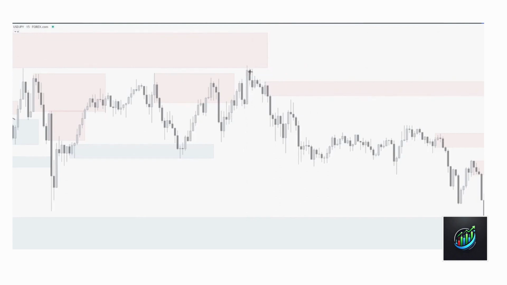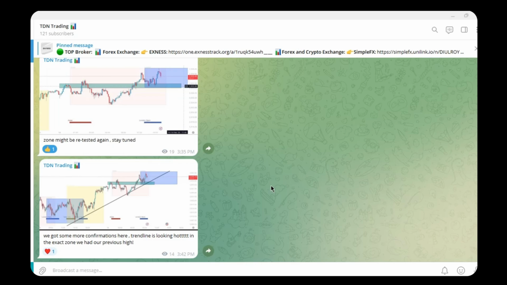But what we can see is price does begin to react to that demand zone and begins to fall through and creates a downtrend. But again, just touching on that initial comment that I made in the first video, we do and will see reactions to almost every single supply and demand zone that is printed on the chart. But it's our job as traders to build a probability model for each of these supply and demand zones, adding on to all of the demand and supply zones that are around it, what price is reacting to, and then looking at that particular supply or demand zone and asking yourself,